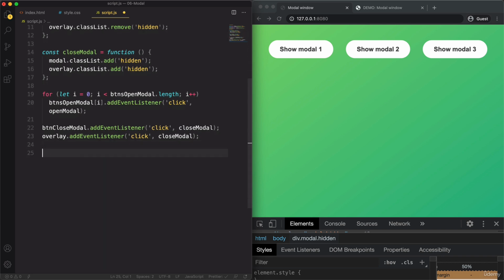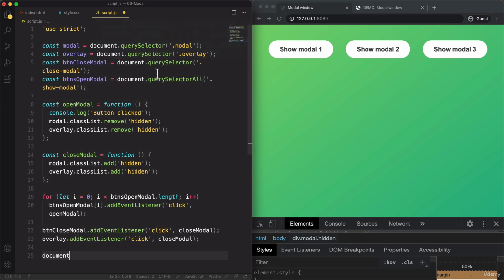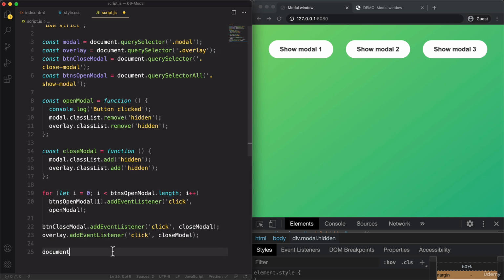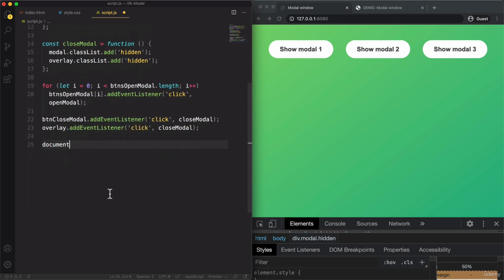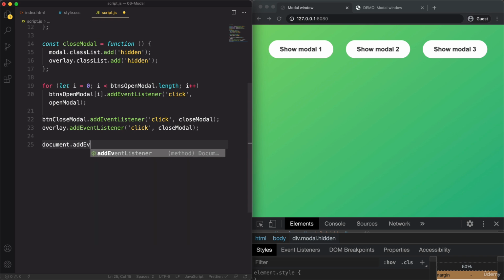And now let's write document. So that's the same document that we use for query selector. And so basically it's a big object which contains a bunch of methods for all kinds of stuff. And that includes the add event listener method. So by using add event listener here on the document, we are basically listening for events everywhere. So no matter where they happen on the page, they will always trigger the event handler that we're going to